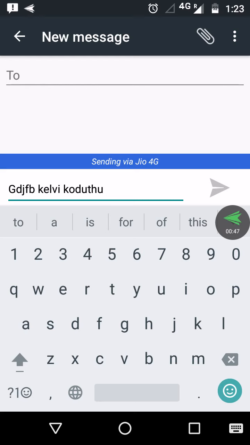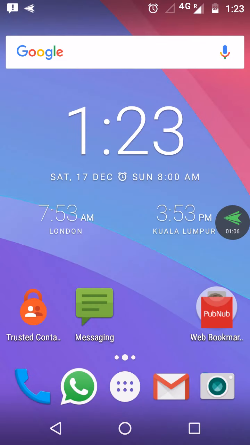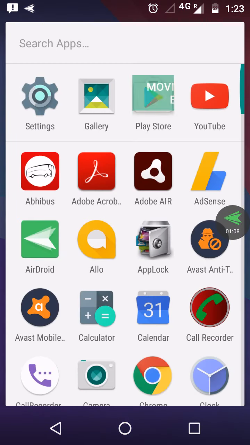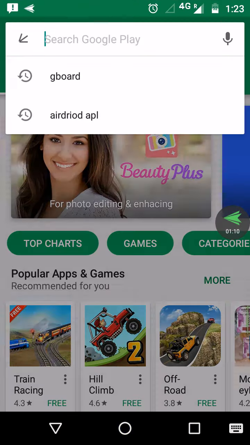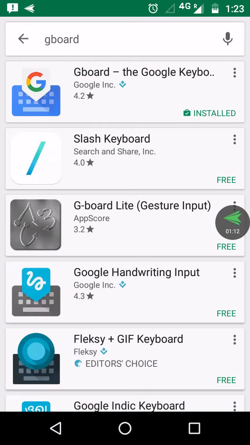Additional features in the sense like you can set the theme, you can search in this keyboard itself. So there are a lot of features which Google enabled for us to have on top of our keyboard. You have to install Gboard first of all. To get those features, go to Play Store and type Gboard. Here you can see the app called Gboard, the Google keyboard.